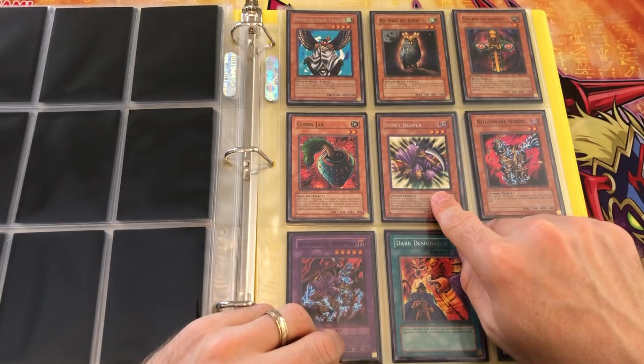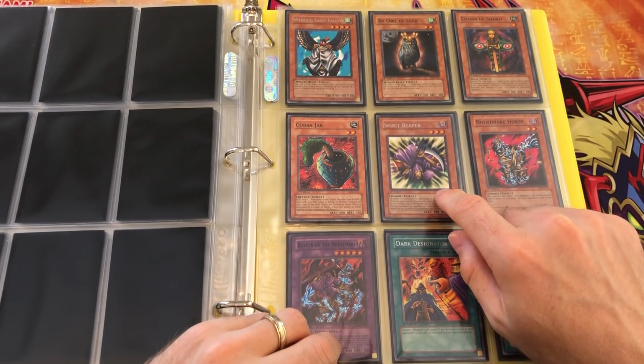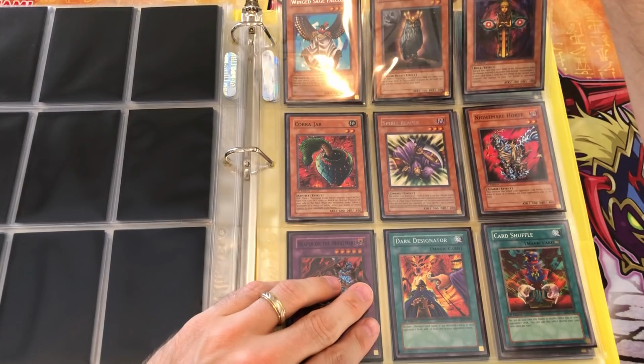So Spirit Reaper is the card that I wanted to tell you a very quick story about. So a little bit, actually just after the set was released, I noticed that there was a huge